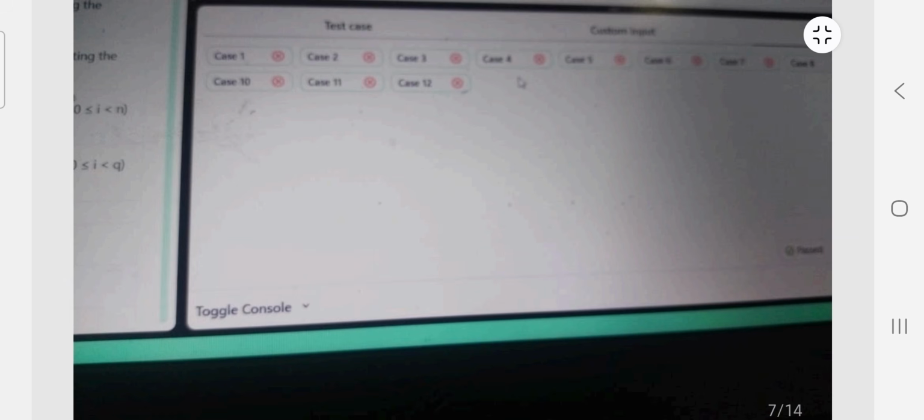Suppose after submitting the code, how much time you took for this code, how many test cases you passed, and the overall score will be there, like around 10 test cases, whether all test cases passed or not. All these results will be internally recorded, and visually you will also see that 5 test cases passed, so you can submit the code and move to the next code. So everything will be recorded, that's why you should maintain each and every small